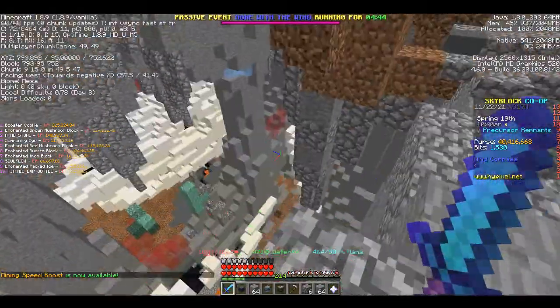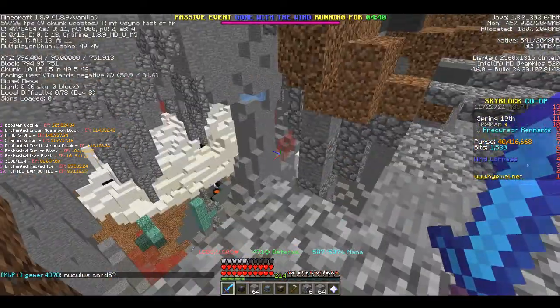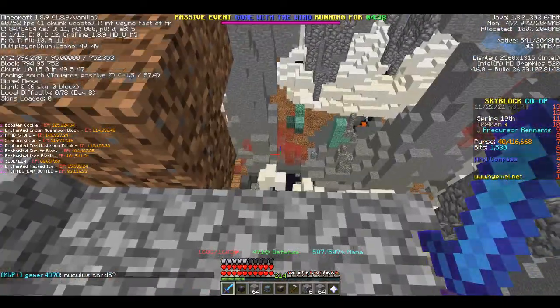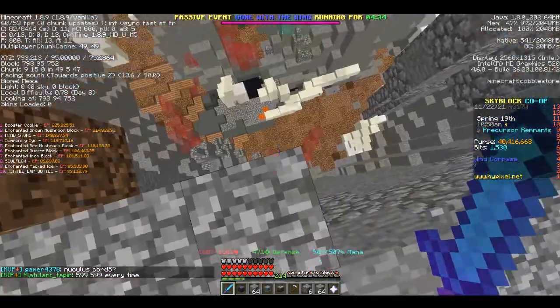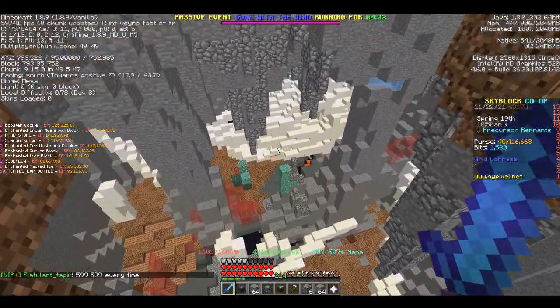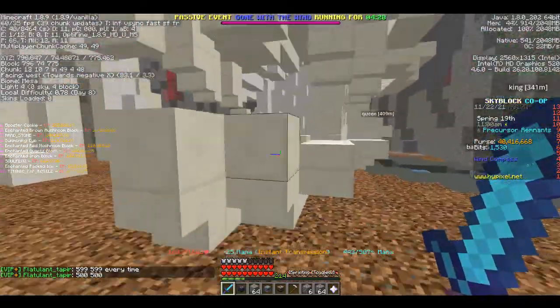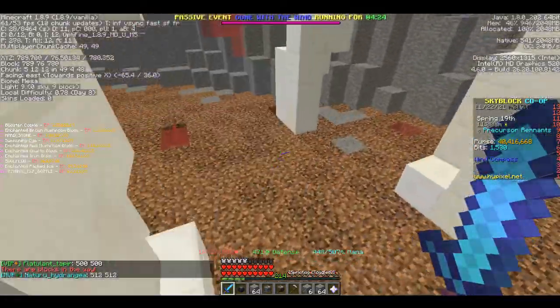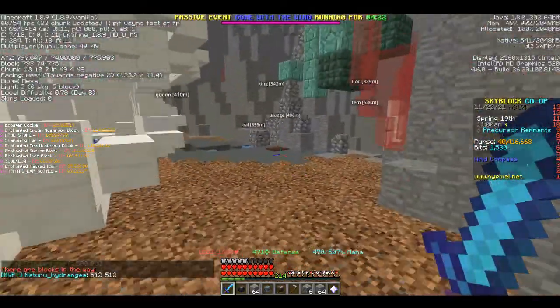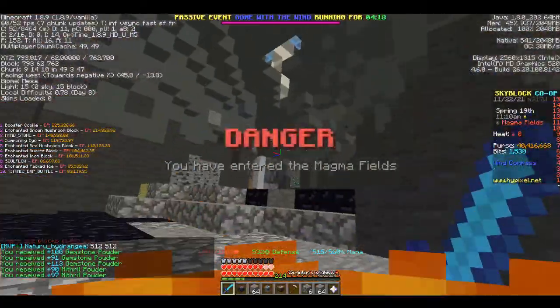Oh, so structures. So the layout of the Crystal Hollows is there's all these tunnels going throughout the whole thing, and the tunnel system stays the same every single time, but then there's the structures, and they're randomly generated, and so you don't know where the structures are going to be. On the plus side,